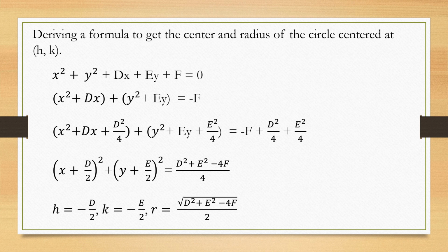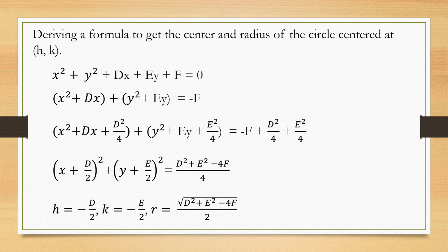Then we can now use the concept of factoring using two binomial factors, because we are completing the square. Each factor is identical. For x squared plus dx plus d squared over 4, we have (x plus d over 2) times (x plus d over 2). We can combine them and rewrite it as the quantity (x plus d over 2) to the power of 2. Same as in y squared plus ey plus e squared over 4, the factors are also identical, so we can rewrite it as (y plus e over 2) to the power of 2.